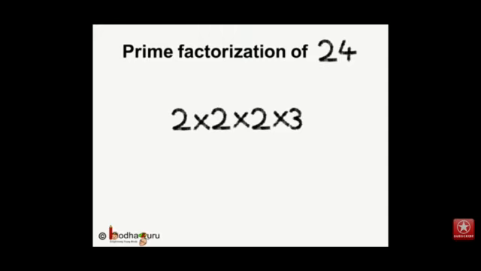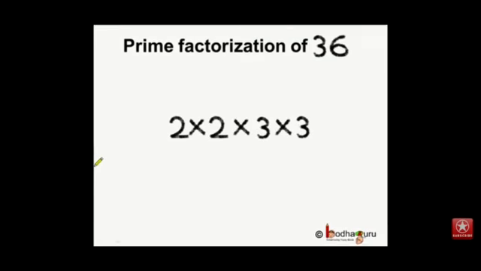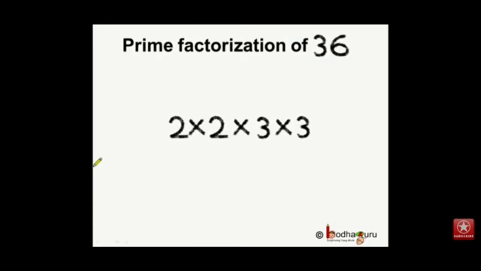In the same way, the prime factorization of 36 by using vertical arrangement. 36 is divisible by 2, answer is 18. Again 18 is divisible by 2, answer is 9. 9 is divisible by 3, answer is 3. And 3 again divisible by 3, answer is 1. You can check both the vertical arrangements. We took only prime numbers to find the factors of particular numbers. Now horizontally 36 can be written as 2 into 2 into 3 into 3.